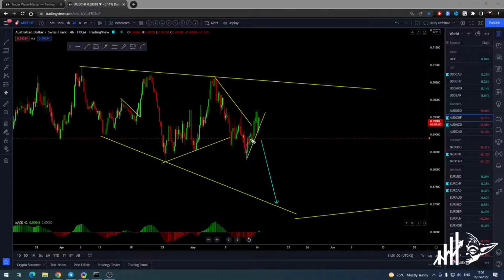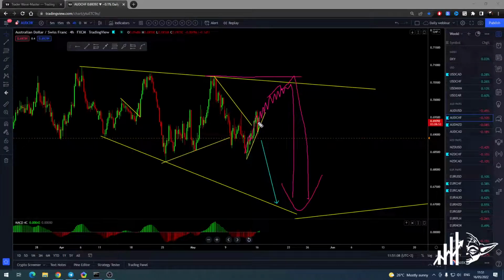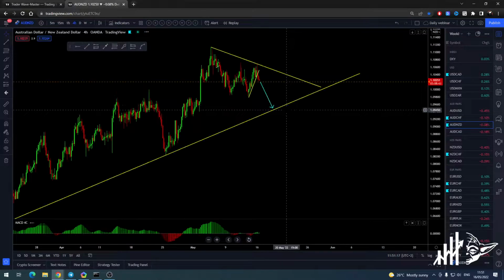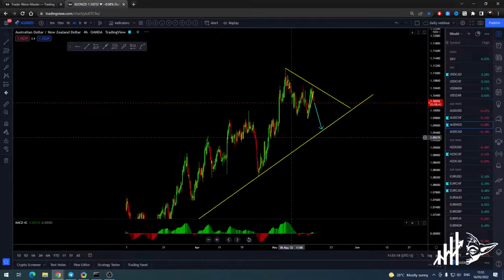So I would be much more happy and would love to see this chart going back at this high over there, close to this high, and then drop down. That's gonna be an even better setup, faster, and better risk to reward ratio if we go close to the previous top. Aussie New Zealand, so keep an eye on this.